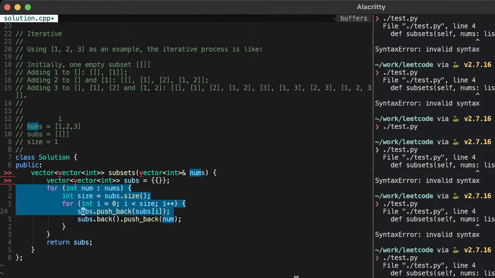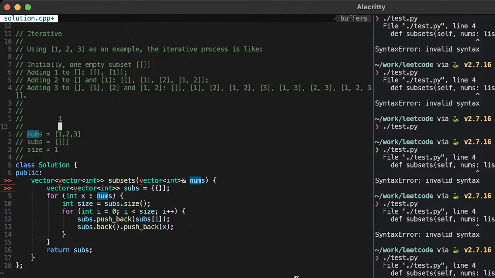It's called num, so search for num, replace with x. Okay, x. So we got x, i, and size, subs and nums. We're going to keep track of these variables as we walk through.